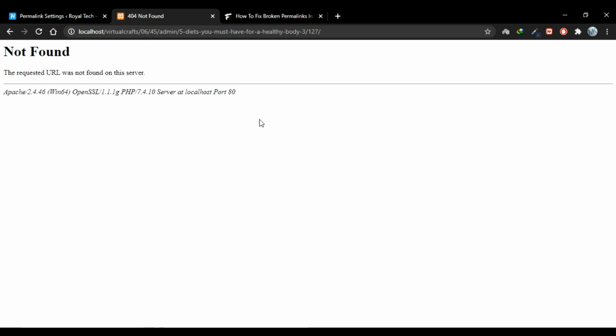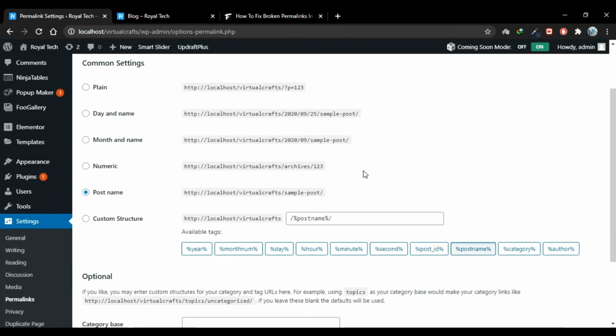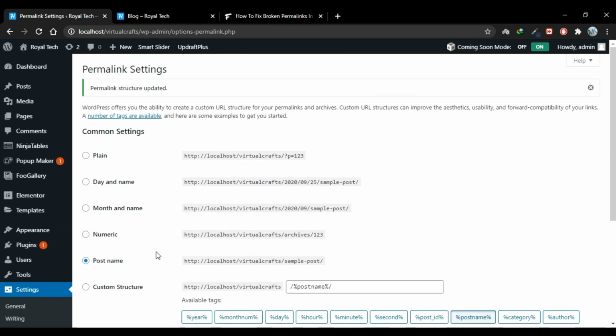But if it's too important to change it, and sometimes it is, then we do have a solution for this. This video will become too lengthy if I explain it in this one, so I'll create another video in which I'll explain how you can fix these broken links which are a result of changing your permalink structure. Go to your dashboard again, but for now just change it to a permalink structure that works. Save the changes and work with that. So this is how you change your permalink structures.